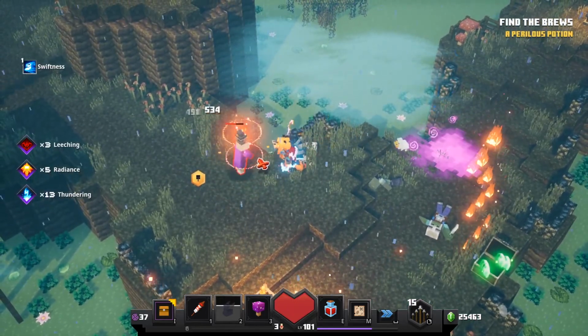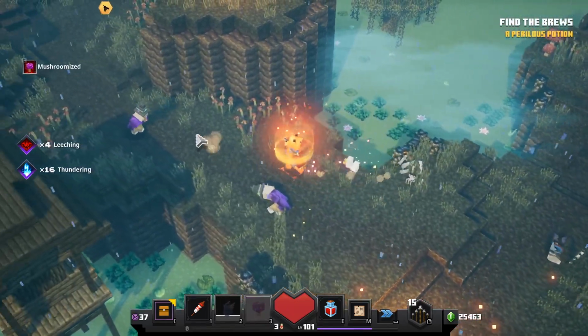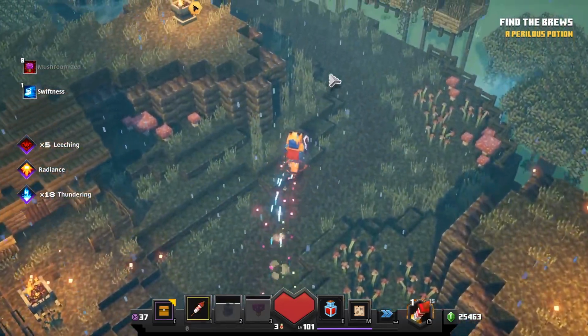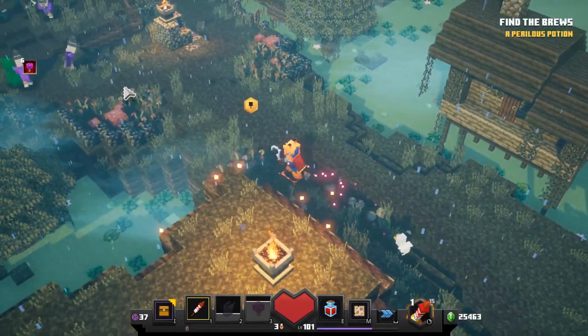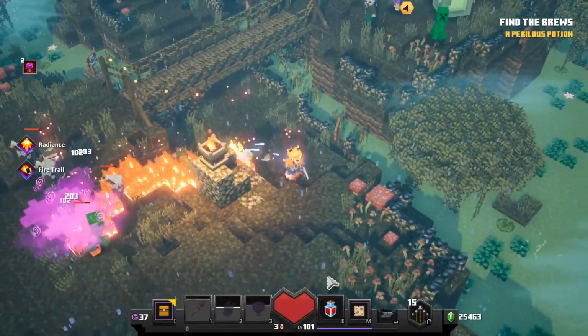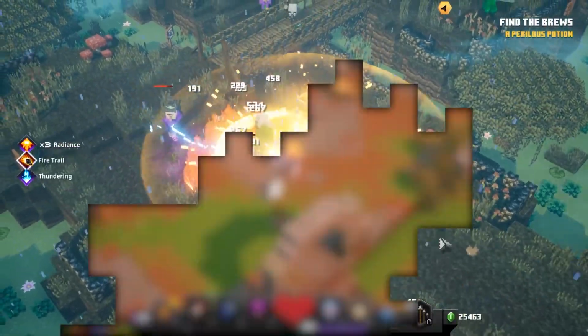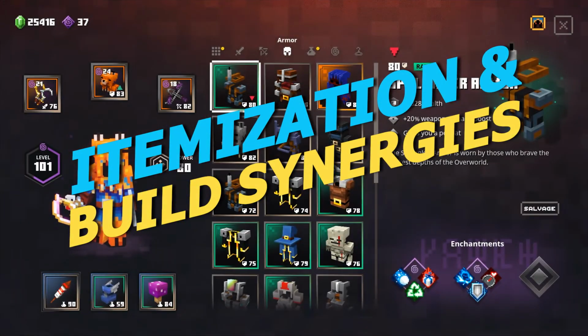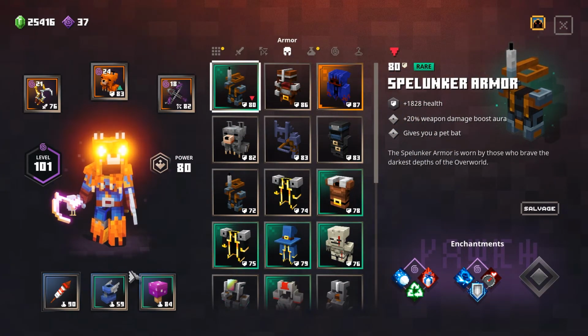So without further ado, let's move on to the first part, which would be me talking about the weapons, enchantments on those, and synergies between the different enchantments and different items and things like those. So the first thing I would like to talk about is how the item and skills system and artifact system